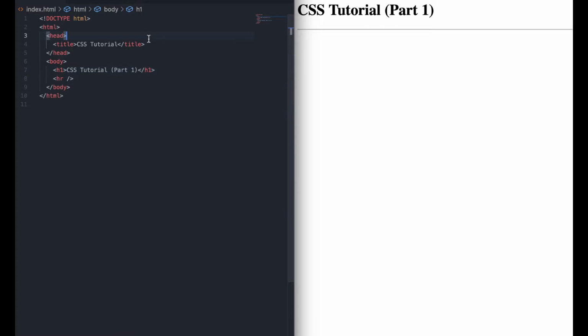We can define our CSS right within the head tag. Inside the head tag we can create a style tag, and inside the style tag we can define our CSS in here as well. Or a third way, which is probably